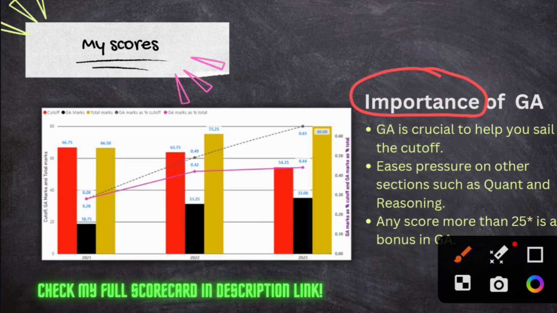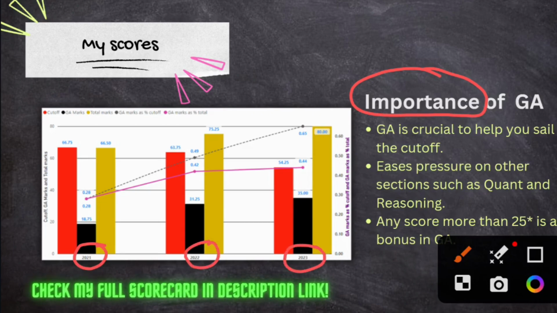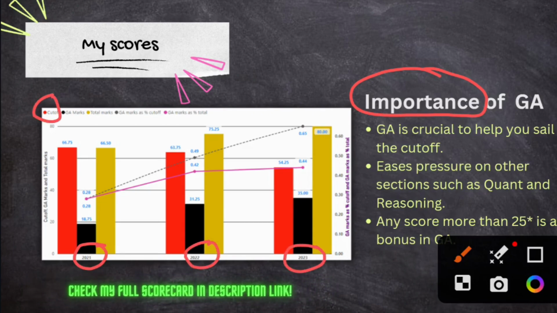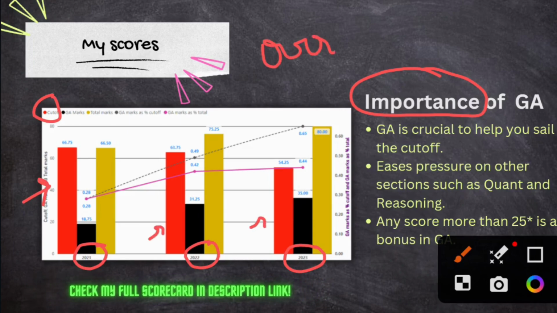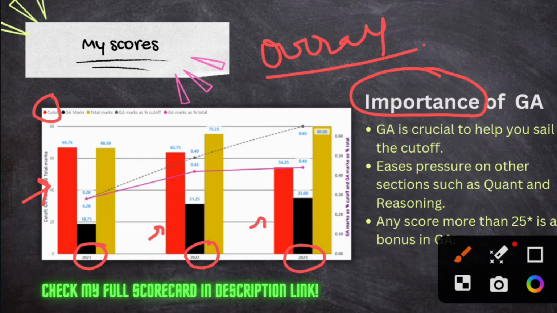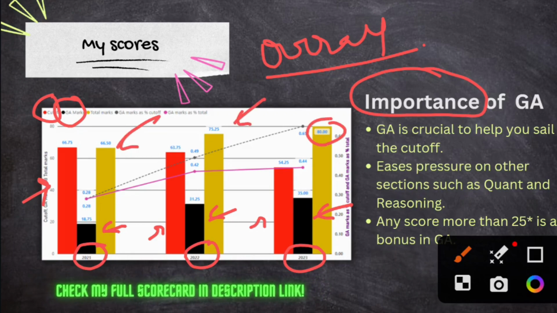As you can see in this graph, this is the year, the red bars you see are the cutoff. These bars are the overall cutoff. The black ones are my GA marks, and these golden bars are the total marks which I scored in phase 1 across these 3 attempts. All right,